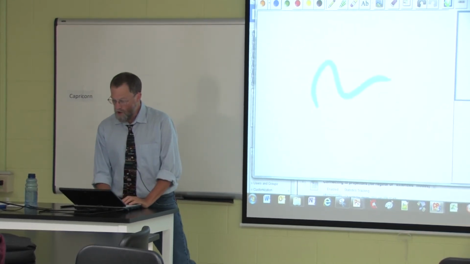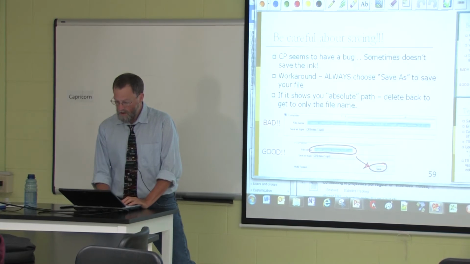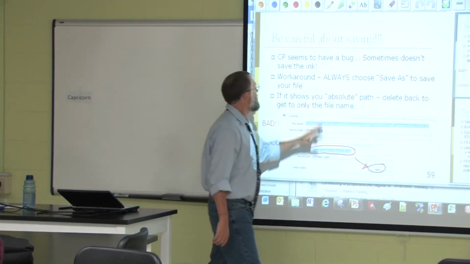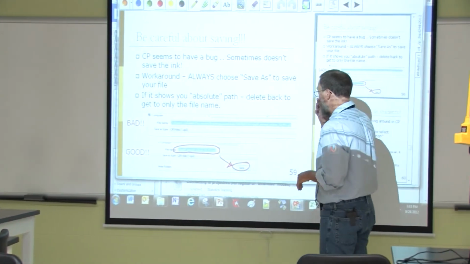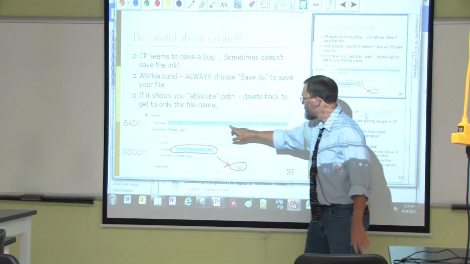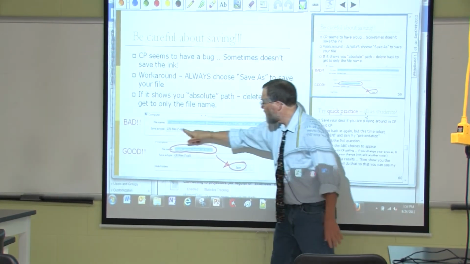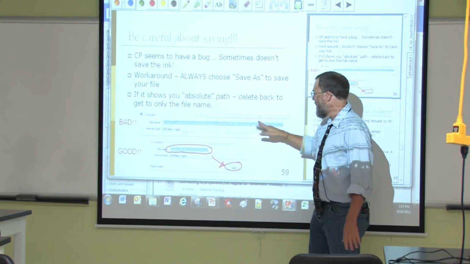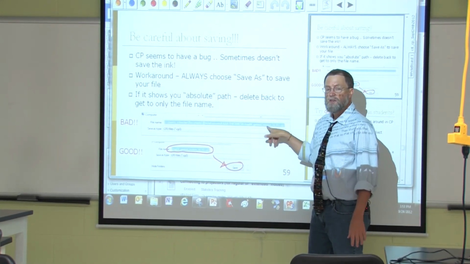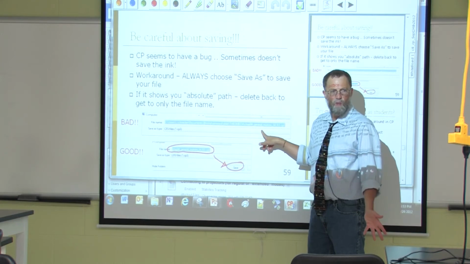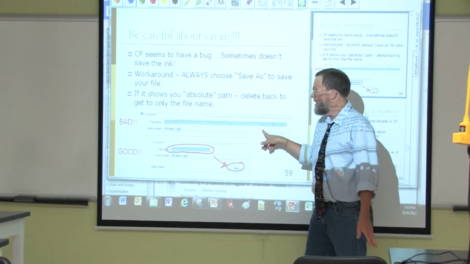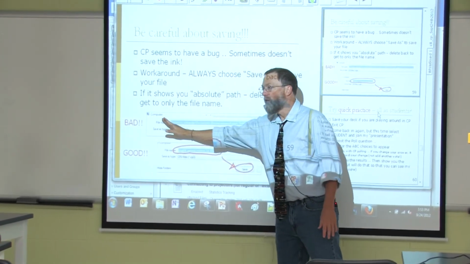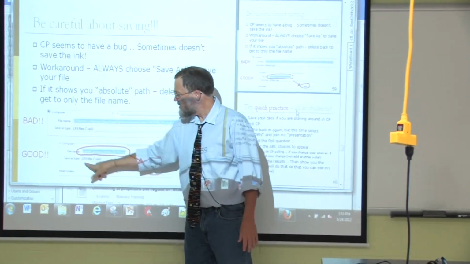Okay. When you do the saving, do save as. And Classroom Presenter's got this weird bug. Here is a relative, here's an absolute address. This is all the way down. C, users, Schneider, documents, blah, blah, blah, all the way down to the file name. This is actually bad. When normally you'd think that's fine, that's the best. What you have to do is edit back all that directory stuff and get it just to be the file